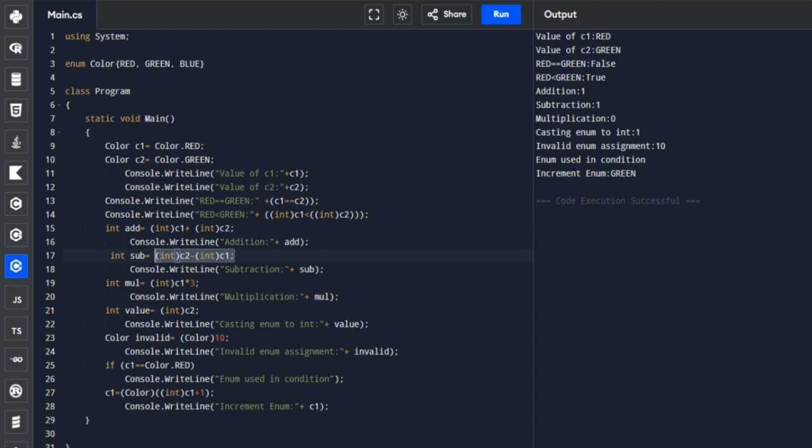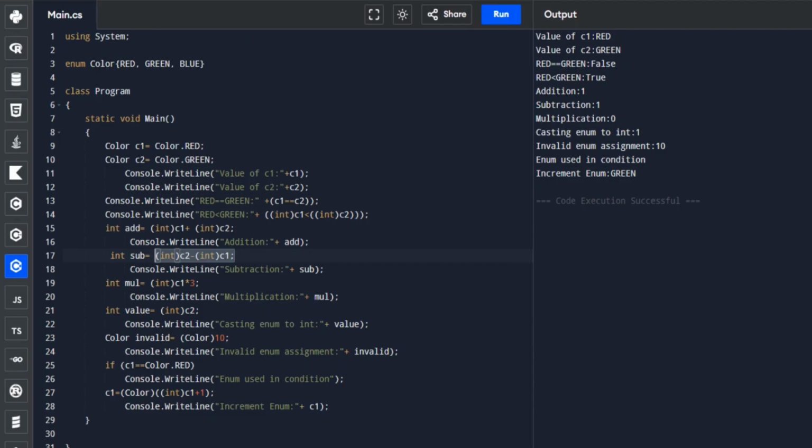Unlike C++, enumeration values cannot be directly treated as integers unless they are converted. So this indicates that C Sharp enforces stronger type safety compared to C++, which helps prevent incorrect operations on enumeration types.